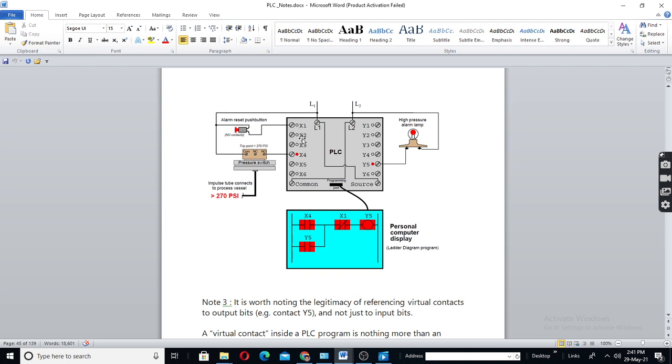These are the inputs X1, X2 to X6. Outputs Y1, Y2 to outputs. This is a PLC. In this PLC, you have inputs and outputs. Power supply L1 and L2 means phase and neutral will be given to the PLC. That will generate the required DC voltages for the microprocessor in the power supply unit